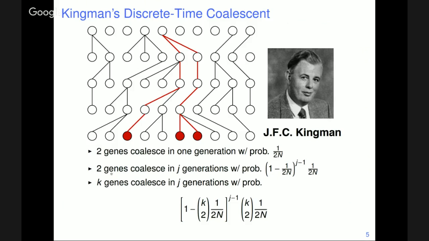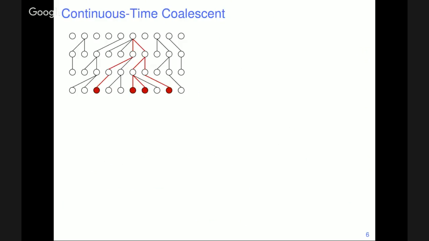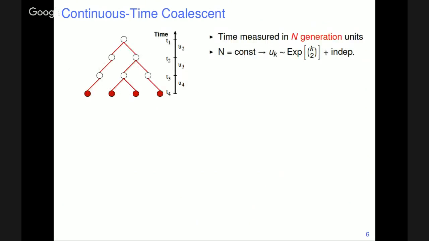And you can derive that the time until coalescence of two genes in J generations, that probability will be just geometric looking. So the waiting time is geometric, which eventually leads to this Kingman's coalescent approximation. But again, we can interpret the coalescent only because we know that it came from the Wright-Fisher or Moran forward model. So you could play some tricks, and you can rescale time to be continuous, in which case